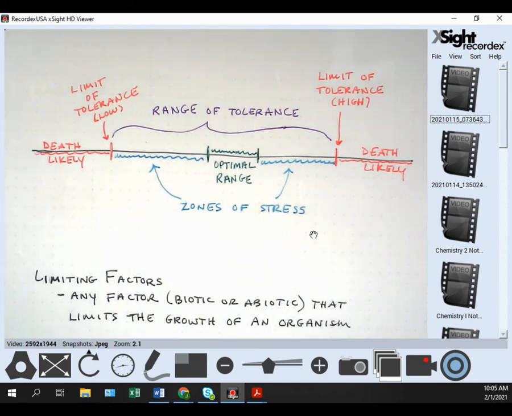I'm thinking of another example. I tend to think about plants, but you can think also, I gave you the fish example. If any of you have ever had amphibians or reptiles as pets or know anybody that does, they've got certain temperatures they need to stay in because they can't self-regulate their body temp, right? They can't get too cold or too hot. So that would be a similar example.